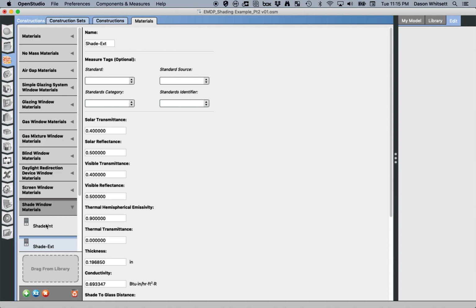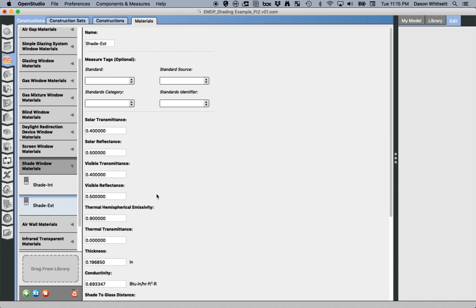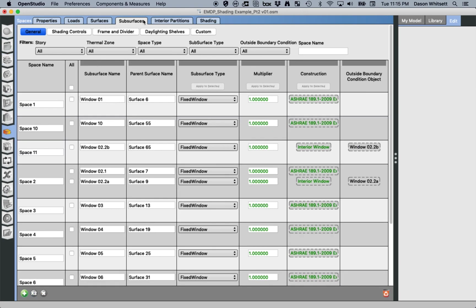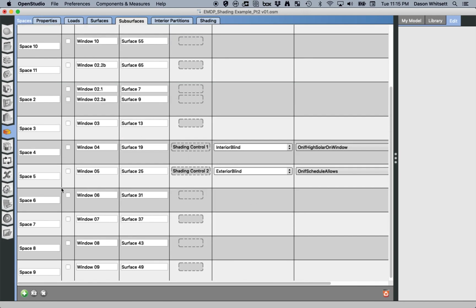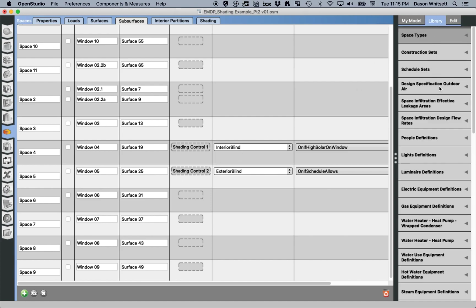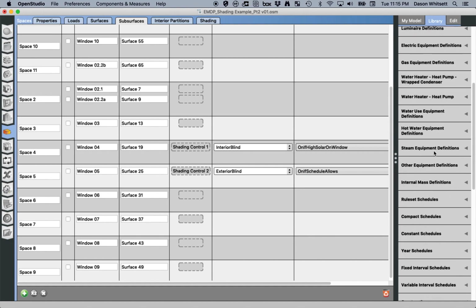And so for this one, for the sake of the example, I'm going to accept all the defaults on that. So this will be my exterior one. Let's go back to my spaces, subsurfaces, shading controls. Now that's going on space 6 and 7, so I've got window 6 and 7 as well. Now I need to create new shading controls for this because I didn't create those in the SketchUp plugin, so